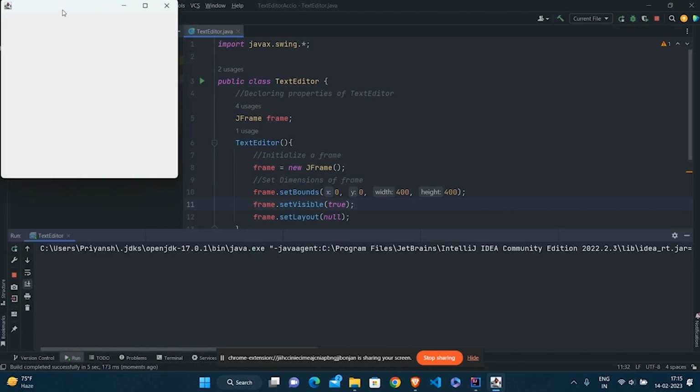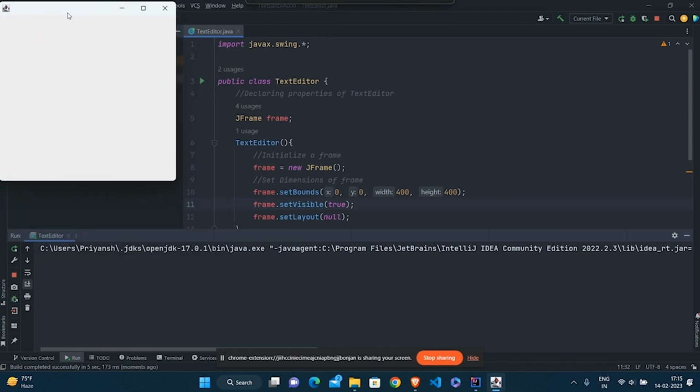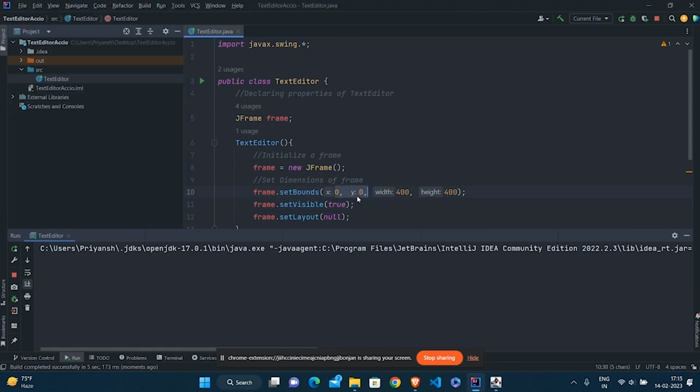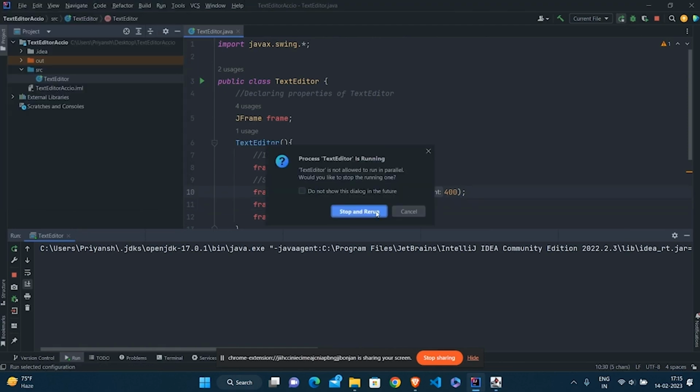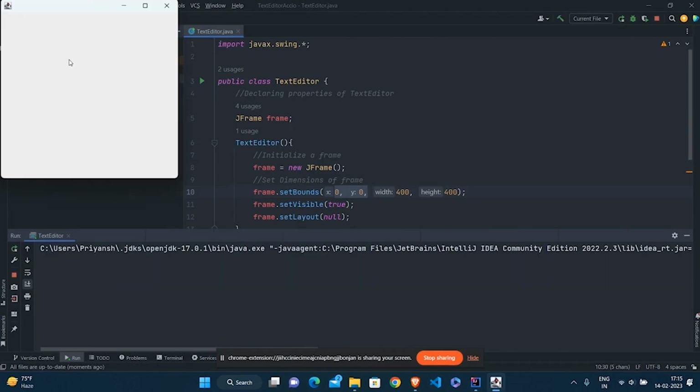So you can see we have a simple window here that has 400 by 400 pixel dimensions, right? Now, what is the meaning of this 0, 0, this x and y? You notice that when I run this application, it just appeared on the top left corner of the screen, right? So that is the location 0, 0.